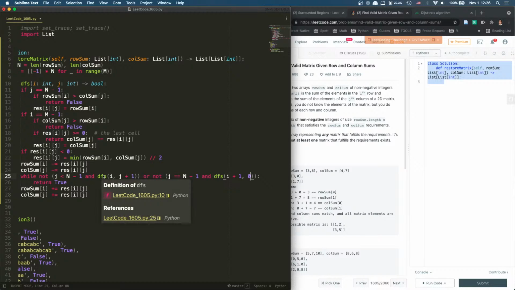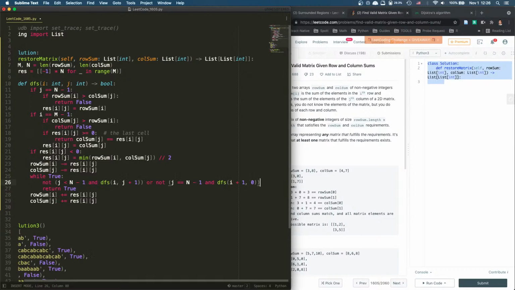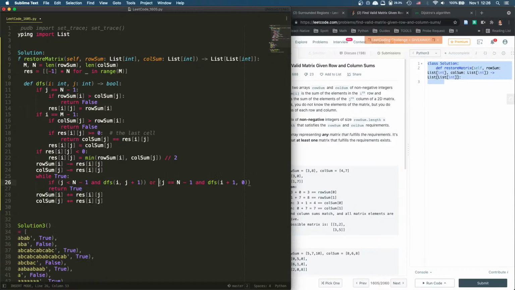While this is true, so either this is false or this is false. But if this is false, I need to go to this one. Too complicated to handle in here. I'm just going to go while true. And we say if, yeah, this is easier. If this or this, right? If any one of these is true, then return true. Otherwise,